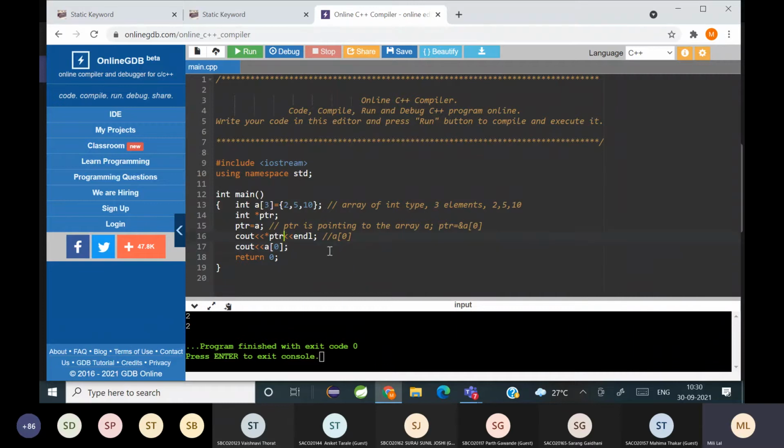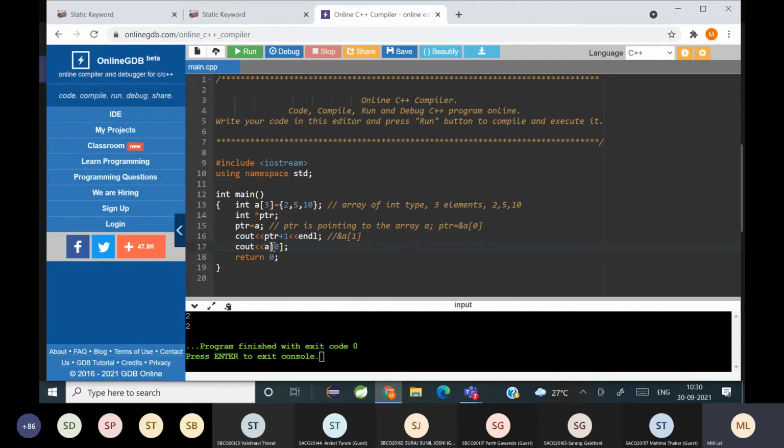Now suppose I write ptr plus say 1, and I'm not writing the dereference operator. It's equivalent to the address of A of 1. Okay.